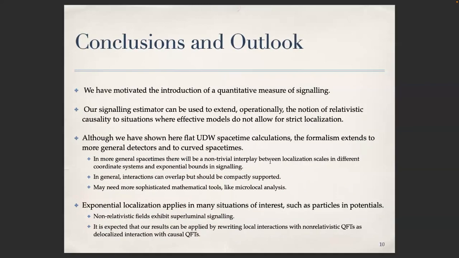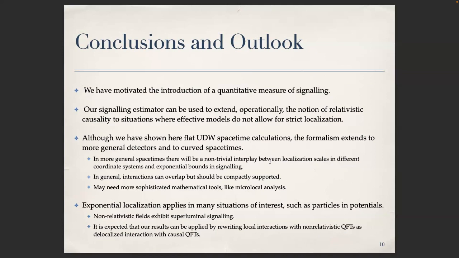So let me conclude, and I will leave you alone. We have motivated the introduction of a quantitative measure of signaling that may have other applications beyond checking the regimes of validity of detector models, but I think that was the goal. Our signaling estimator can be used to extend operationally the notion of relativistic causality to situations where effective models do not allow for strict localization. Although we have shown this here in flat spacetime with detector calculations, the formalism should extend to general hyperbolic spacetimes as far as you can calculate the Green function,